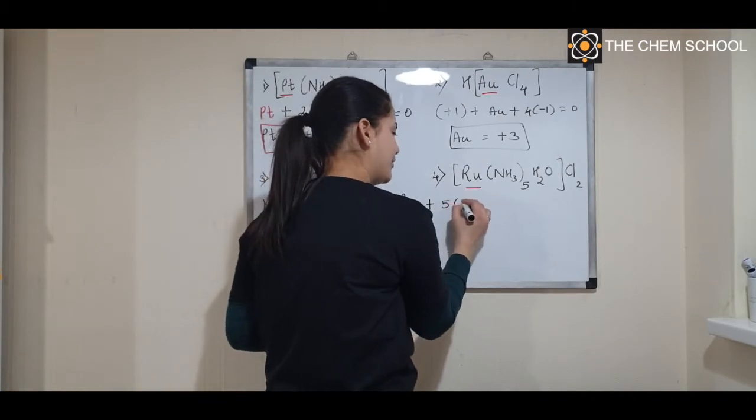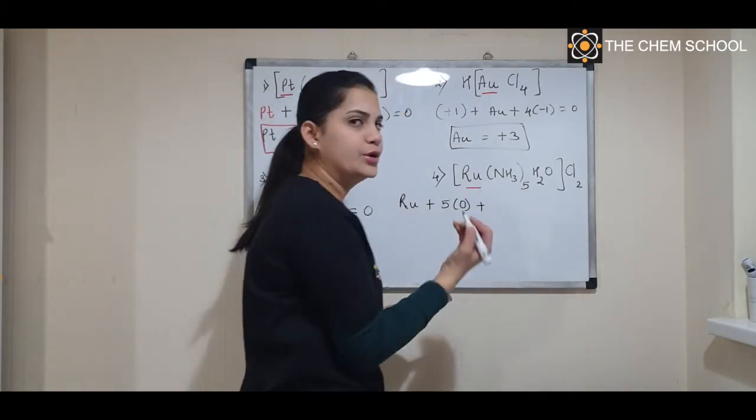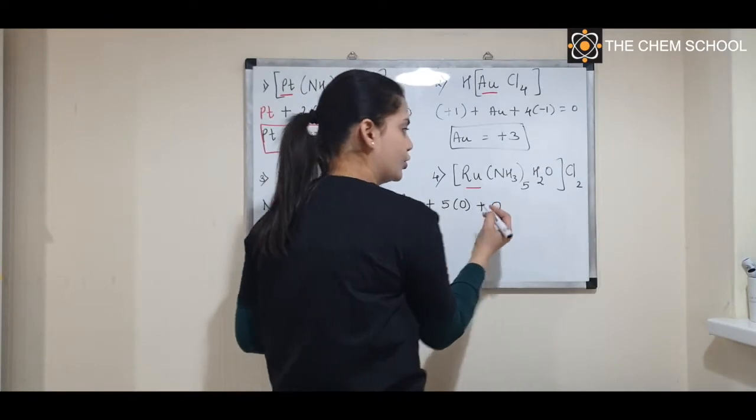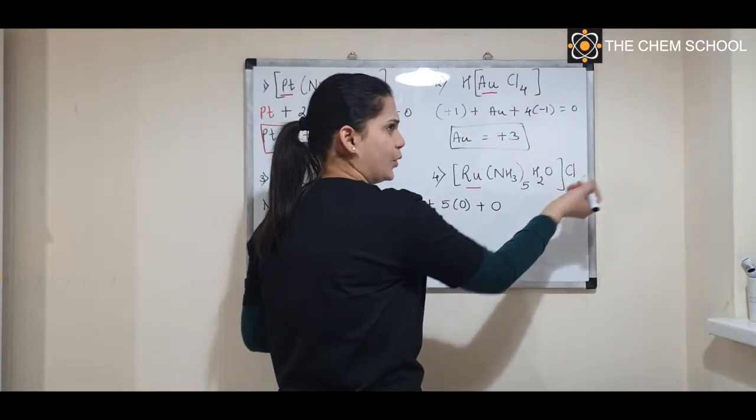You have ammonia, so 5 into 0, plus water is also a neutral ligand. So the charge of water is also going to be 0, plus after the square bracket still it is going to be in the primary valence,